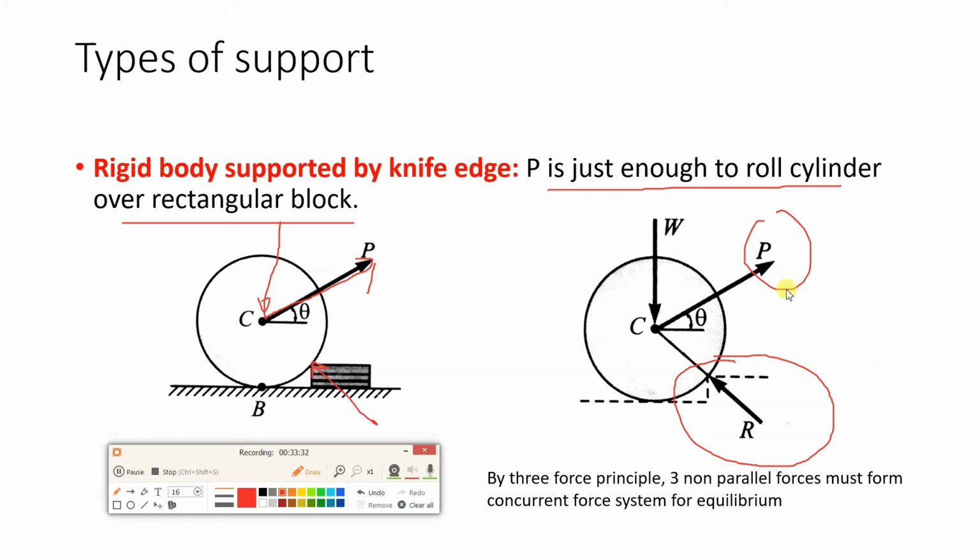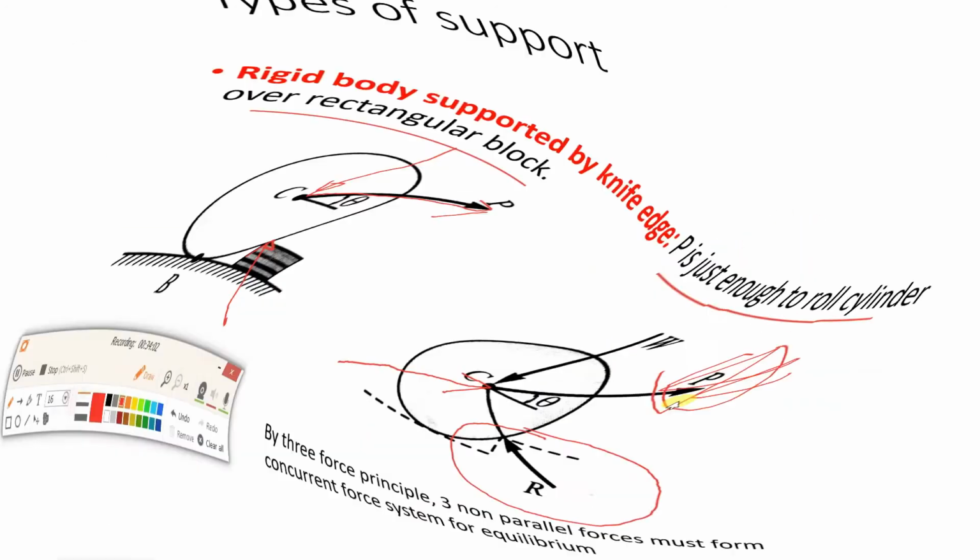Now, how to solve this question? You can solve by Lami's theorem, right? But you should be careful. If you see weight, it is having push nature. Why? Because it is acting towards the center. Okay, if you see the reaction, it is also acting towards the center. It is also push nature. But P is having pull nature. So you have to adjust the forces, okay, all the forces you will make of the same nature. So you can move this P in this direction. Okay, erase this P, and now you can apply Lami's theorem.